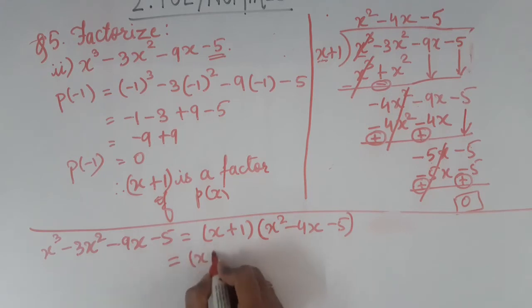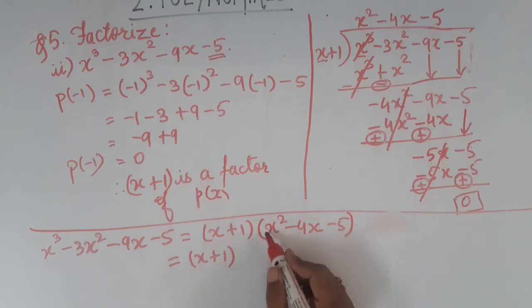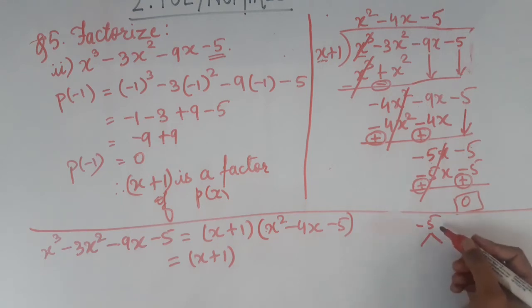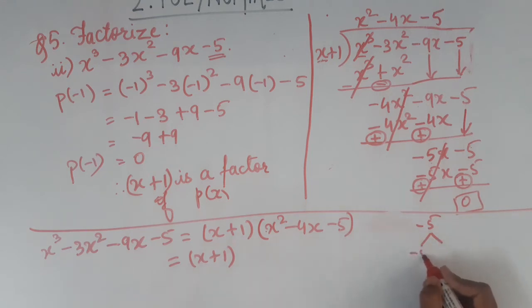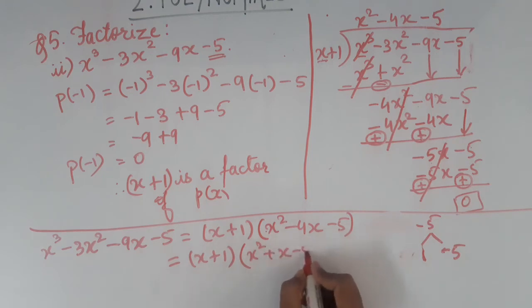Now solve this. The first factor as it is. Now find two factors from this quadratic polynomial. We know how to do it by splitting the middle term. So multiply the extreme terms. Here nothing is there, means 1. 1 into minus 5, minus 5. So my factors of minus 5 are such that whose product is minus 5 and sum is minus 4. So it will be 1 and minus 5. So 1 into minus 5 I will get minus 5, and 1 minus 5 I will get minus 4. So split the middle term as plus x minus 5x.